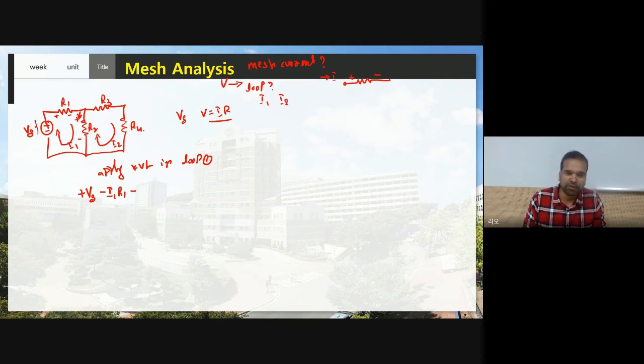Then two currents are flowing, right? So which one do I need to take, I1 minus I2 or I2 minus I1? Now where am I? I am at loop 1 because I applied KVL in loop 1. So I should give preference to the I1 current. Therefore, I1 minus I2 into R. This is the voltage of resistor R2. Therefore, equal to 0. Therefore, from this I can write Vs equal to I1 R1 plus I1 minus I2 into R2.